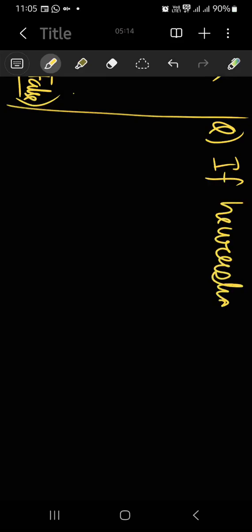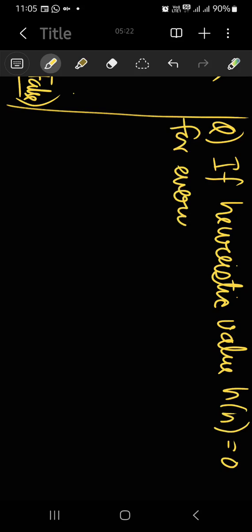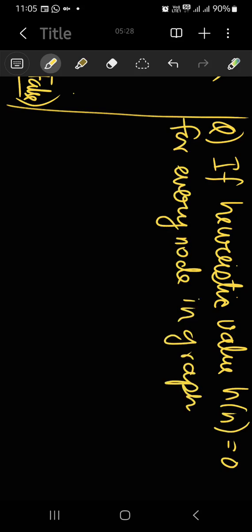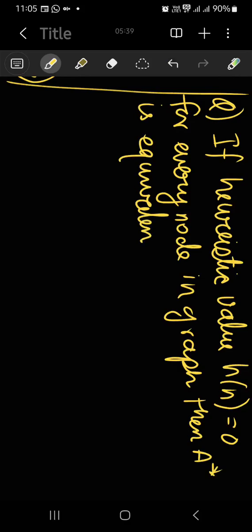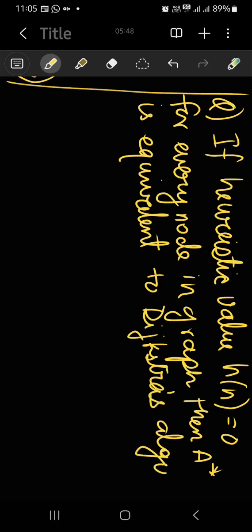If the heuristic value h(n) is 0 for every node in a graph, then A star is equivalent to Dijkstra's algorithm. If heuristic value h(n) equal to 0 for every node in a graph, then A star হচ্ছে তোমার বেসিক্যালি